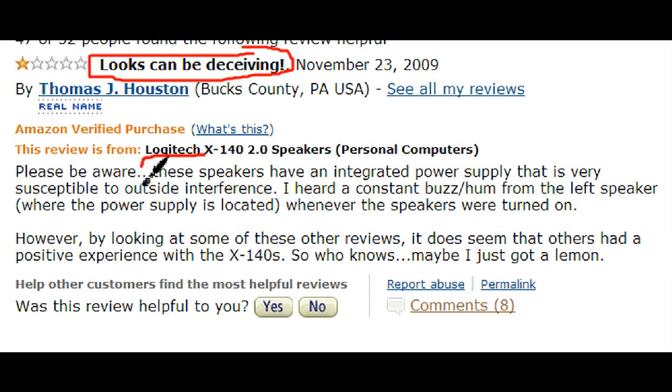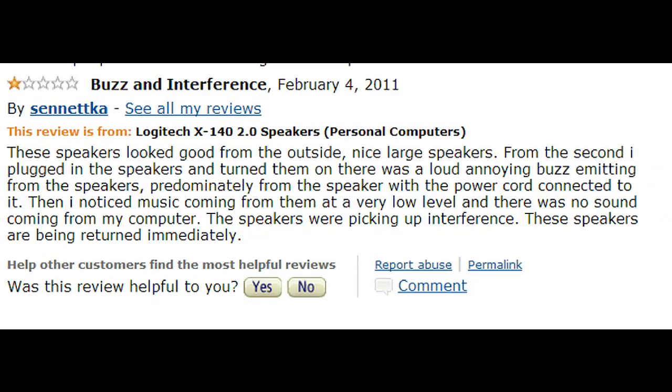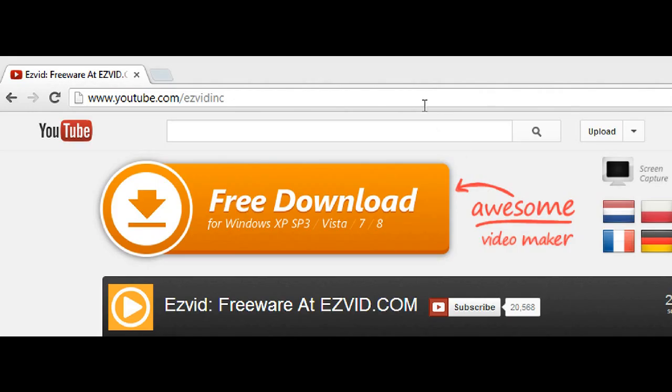The only real issue users are experiencing is buzzy noises and interference, mostly through the left speaker where the power cord is attached. But seeing as this can happen, try a different outlet. But that might require rearranging furniture, and that doesn't really sound fun. But we would definitely recommend these for casual listening or gaming. And let's go back to our list now,